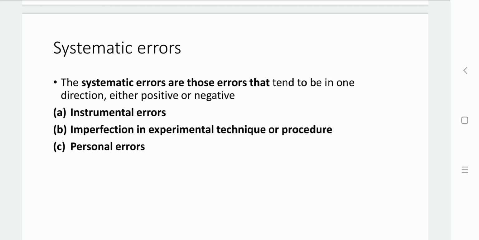Instrumental error is based on the error produced by that instrument or device while we measure a value. So initially it should be 0. Ideally, its value would initially be displayed as 0. But practically, take the example of a voltmeter: if we switch it on and it displays 1 millivolt, then this is the instrumental error.